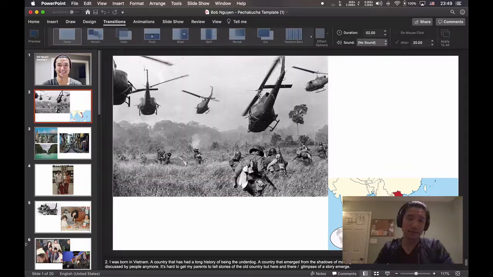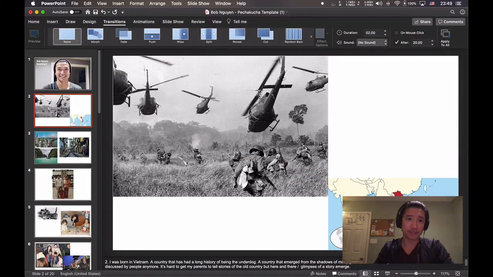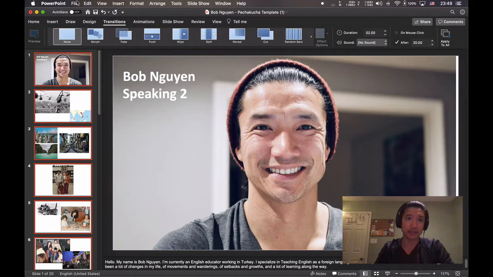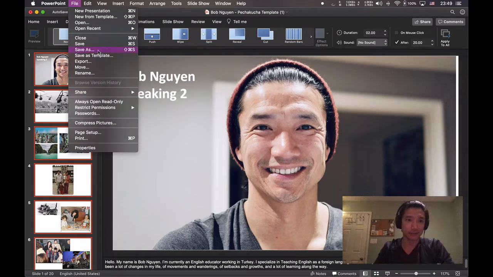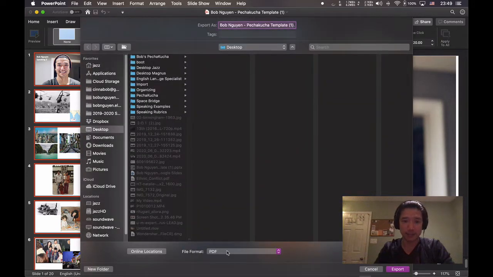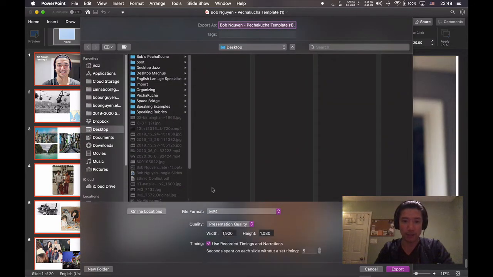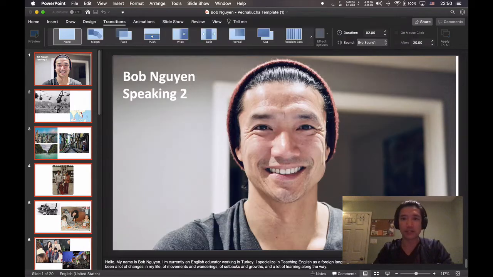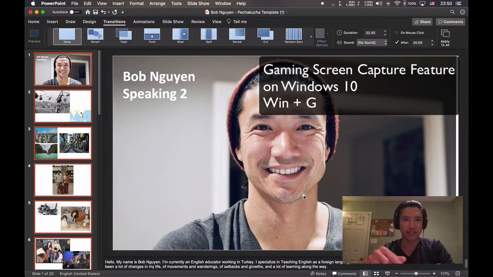And the other thing you could do, lots of things you can do, lots of options, right? You don't have to do that. You could export or save as, and if you export as an MPEG-4 or an MOV or whatever, you can output this as a video. So you can export that, and then you can do whatever you want to do the audio on top of it, right? The other option, if you're on a Windows computer, you can use Start menu button and G,